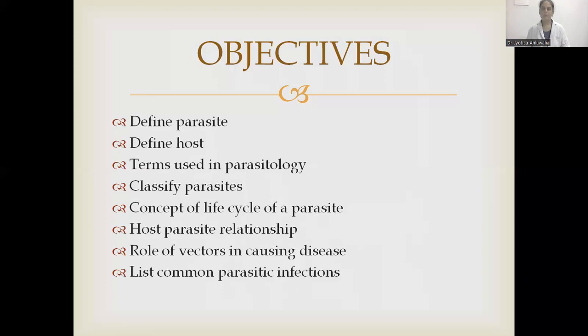Protozoa, these are unicellular organisms. Helminths are multicellular organisms. Excystation is transformation of the cyst to trophozoite and occurs only when cyst enters into the alimentary canal of the host. While encystation is transformation of trophozoites to cysts and it occurs only in the lumen of intestine of the infected